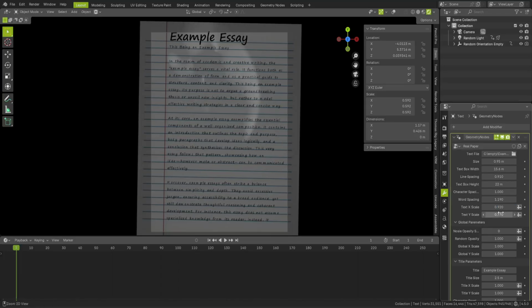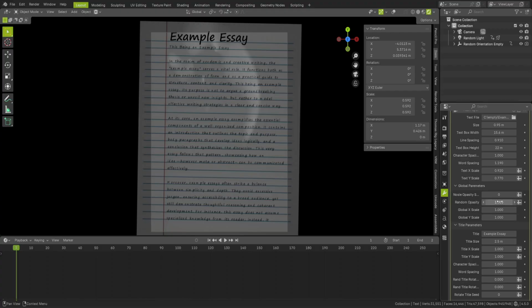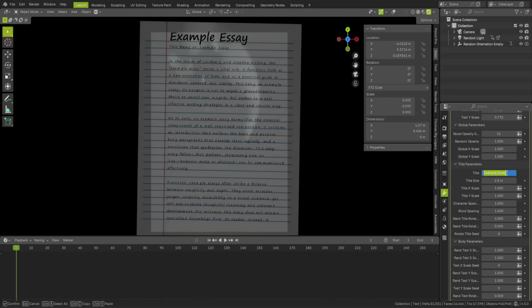text scale, X and Y, and opacity, opacity seed, and a bunch of other parameters. And you can change like the title to whatever you want and change the parameters of the title, the X and the Y, character spacing, word spacing if you had like two words, change the spacing of them, and the random rotation, the seed,